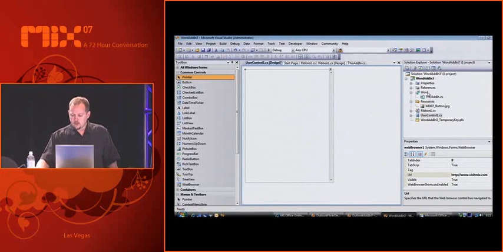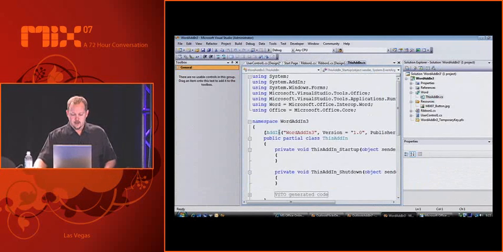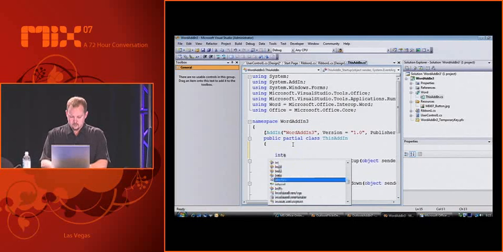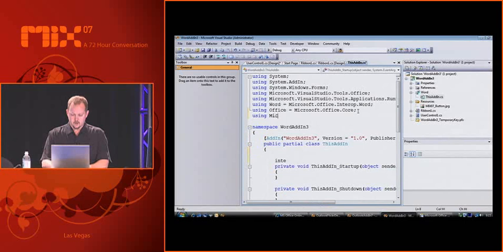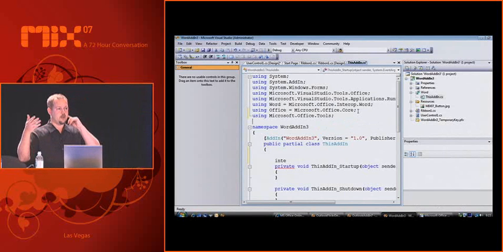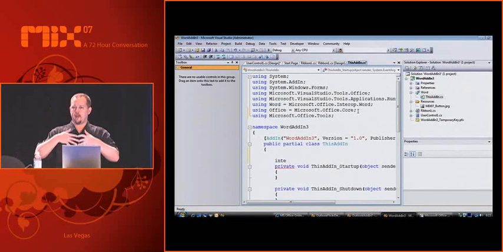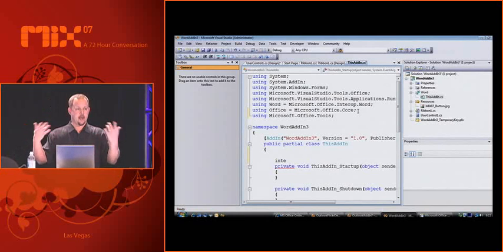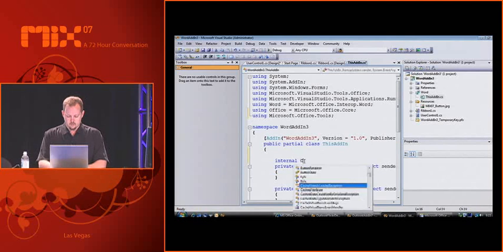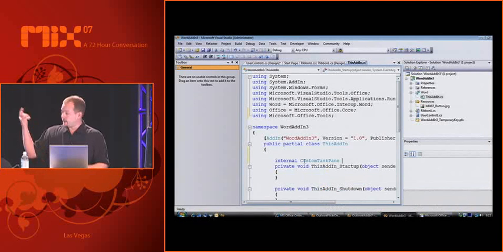So what I do need to do is in the add-in itself, so I'm going to, whoops, before I do that. So I'm going to go ahead and use, so once I include the namespace for tool support for Office, this is where now I begin having ribbons and task panes available to me. So now I'm going to go ahead and define my ribbon, or my task pane. So there's my custom task pane. I'm just going to call it CTP.